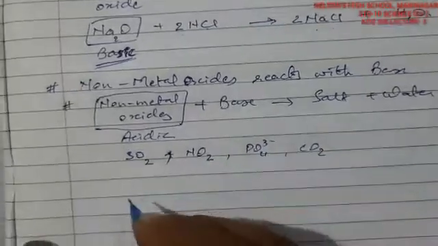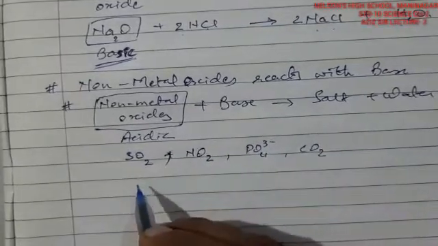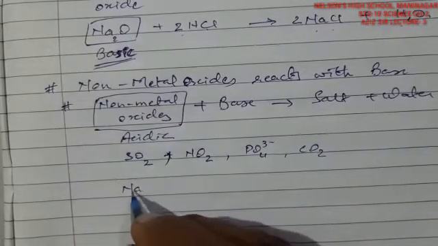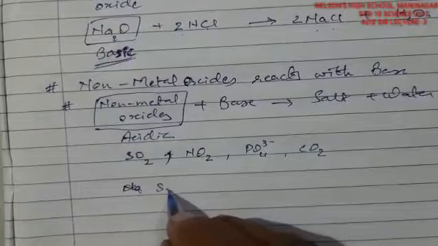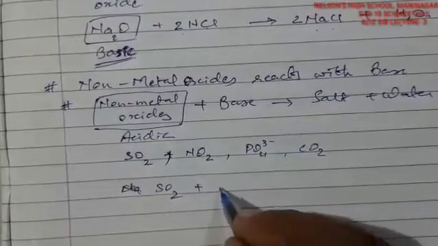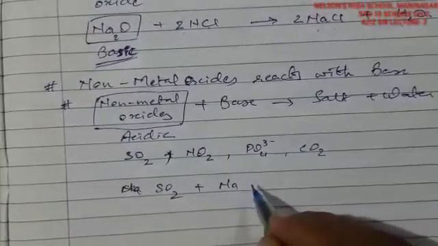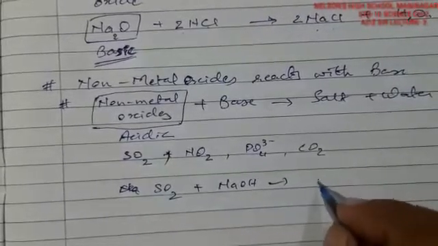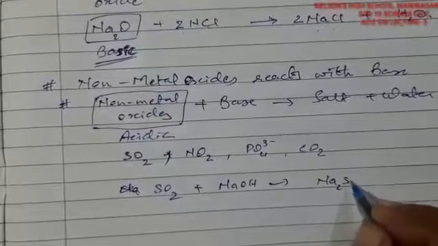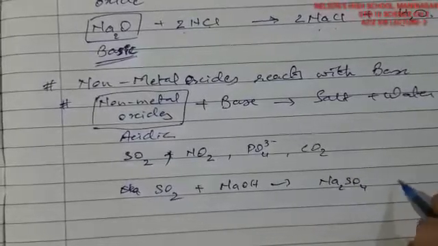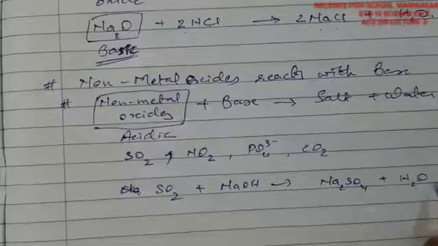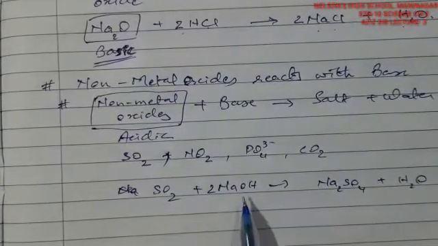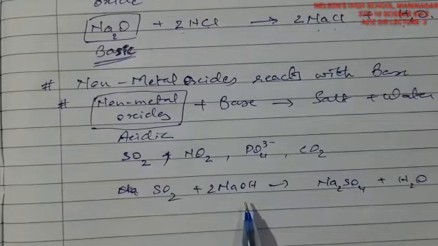In the reaction also we can make sure of this with non-metal oxides like SO2. Suppose we take SO2 reacting with a base, NaOH, to form salt and water. In forming salt, this is supposed to be Na2SO4, plus water molecules H2O. We have to make it twice, so 2 times oxygen and all, and we need to balance this.